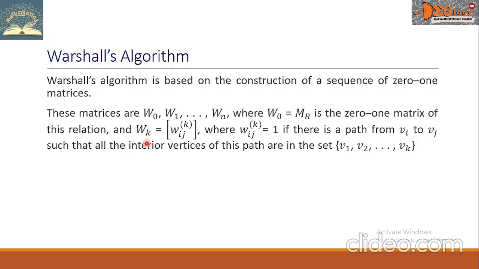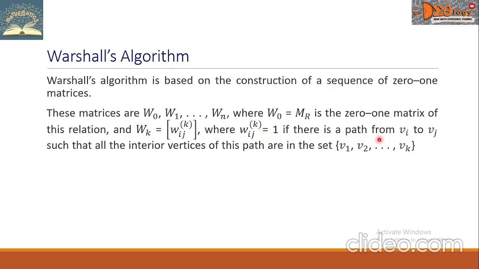And W sub k is equal to the matrix with elements w sub ij raised to k, where the element w sub ij raised to k equals 1